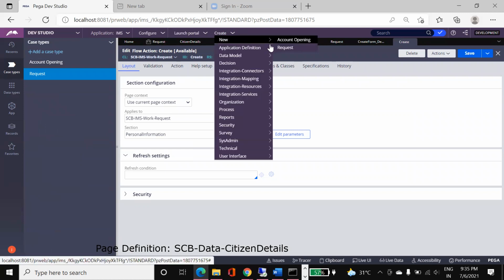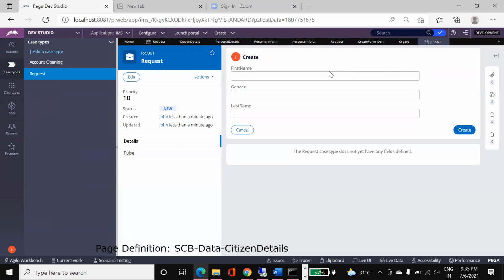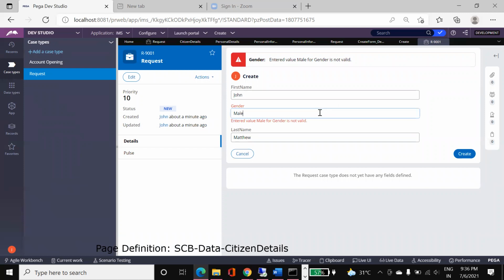Now let us see the clipboard structure. I will create a case. It will ask for the first name. So first name, let's say John, gender male, and last name something like Matthew. If you click on create, the case is submitted.